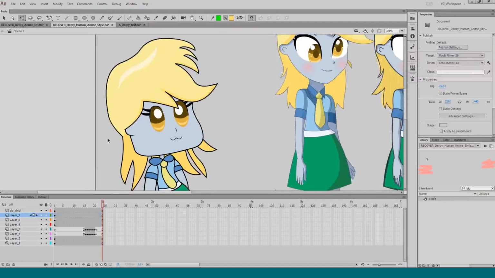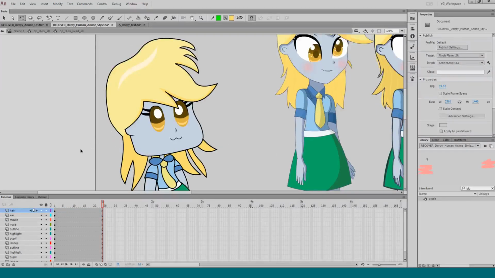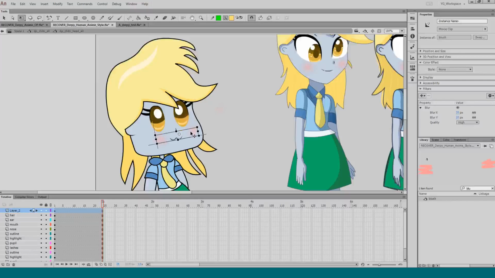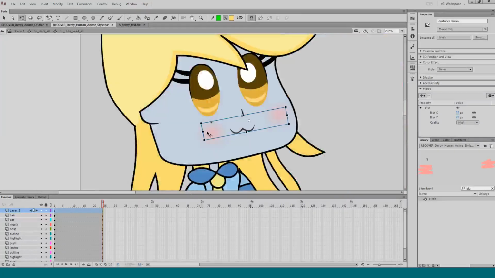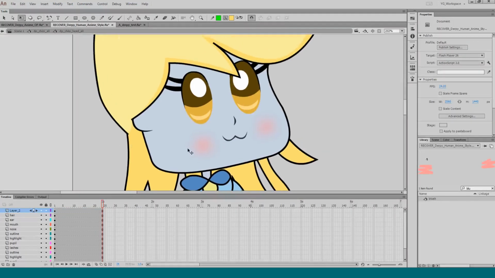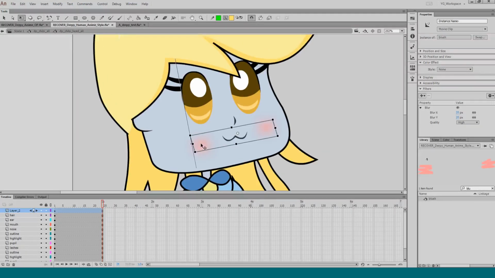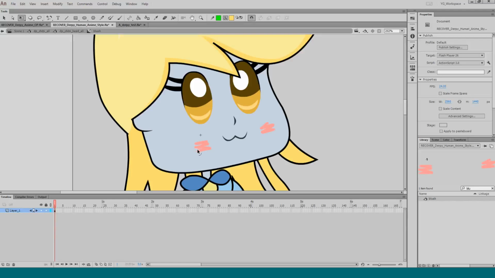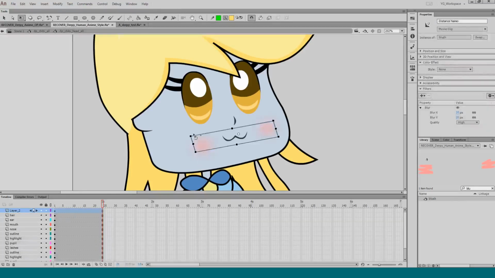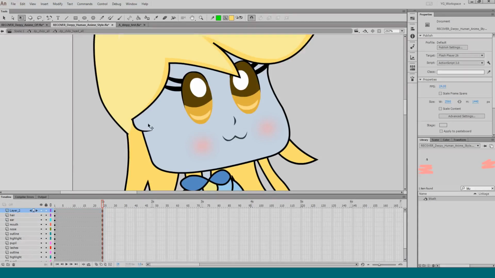Inside head again. Now we'll add a bit. Oh man, little rosy cheeks. Just add that little flare. And I blurred the heck out of it too to make it not as noticeable. So again, these are just crude scribbles that if you add enough effects to it, it looks alright.